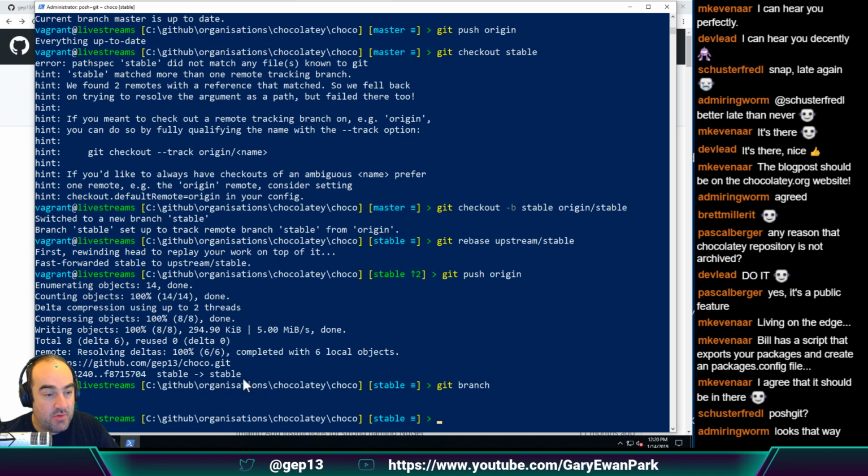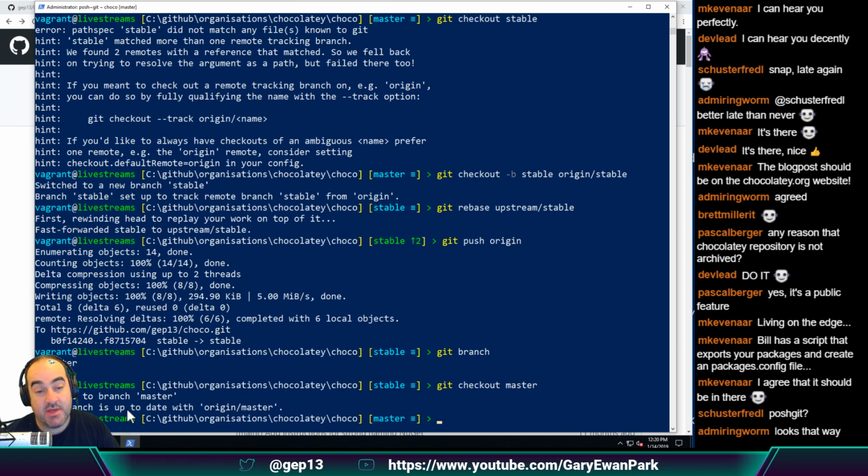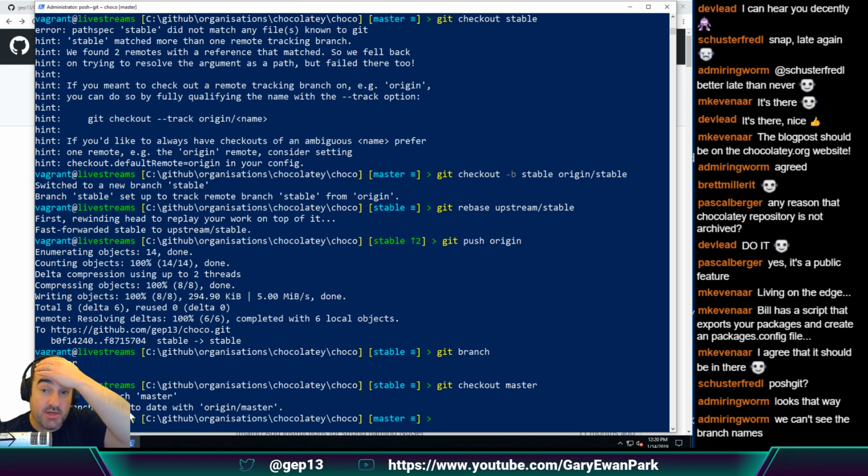What it does bring up, though, is this distinction between master and stable. In terms of the way that contributions into Chocolatey Choco work, we would request that any pull request get targeted against the master branch rather than the stable branch. There are some occasions where we might ask you to target stable for any pull request that you're making, especially